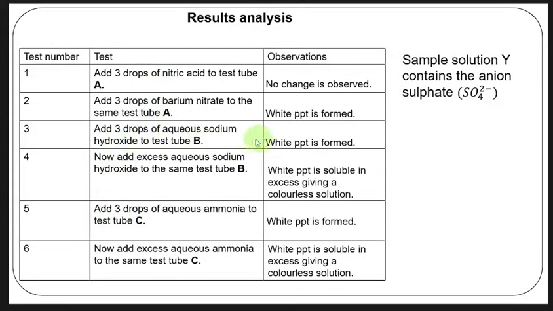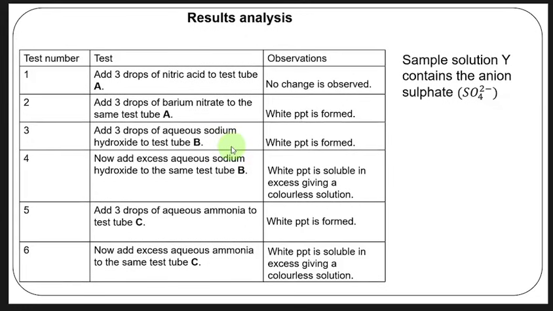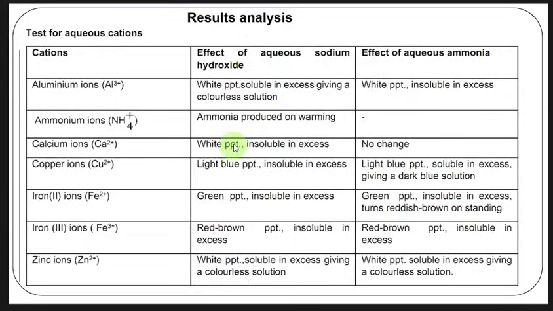Now we go to the cation, where we added aqueous sodium hydroxide and where we added ammonium hydroxide. So we'll bring the same table here, the same table that I was explaining. We'll start with the effect of aqueous sodium hydroxide. All right, so here they are saying if you add a few drops of sodium hydroxide to a solution,